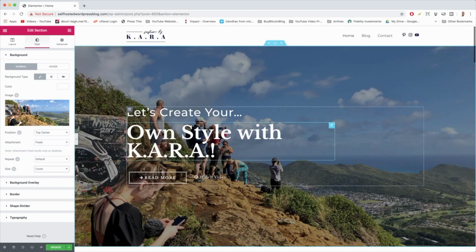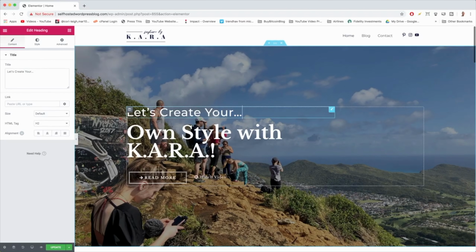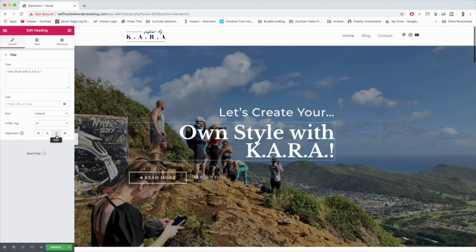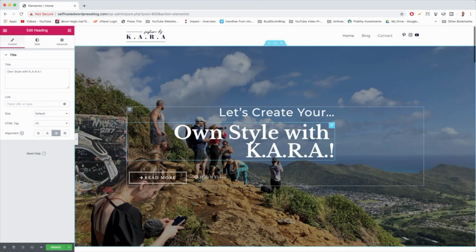So we can just change our text orientation by clicking on top of one of these headings and then just pop the alignment over to the right. Let's do the same with our own style with Kara. Alright. And we can see the text is only going right up to a certain point in the page, so